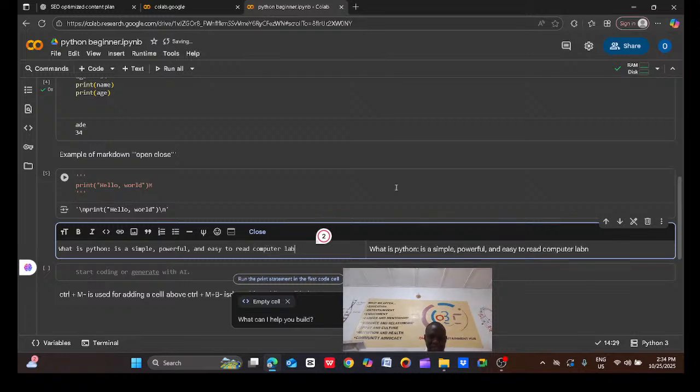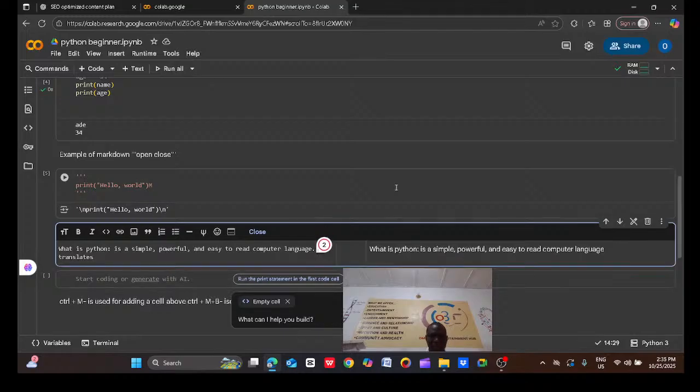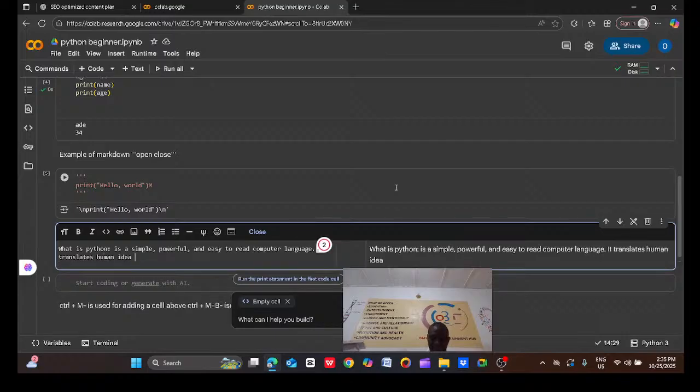Just like I said, it is the language of the future, because it translates human ideas into code, or sets of instructions for the computer to execute and understand.